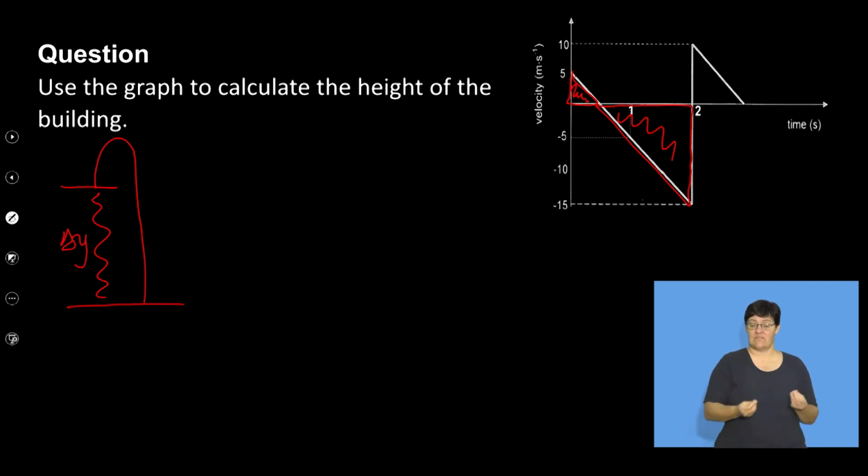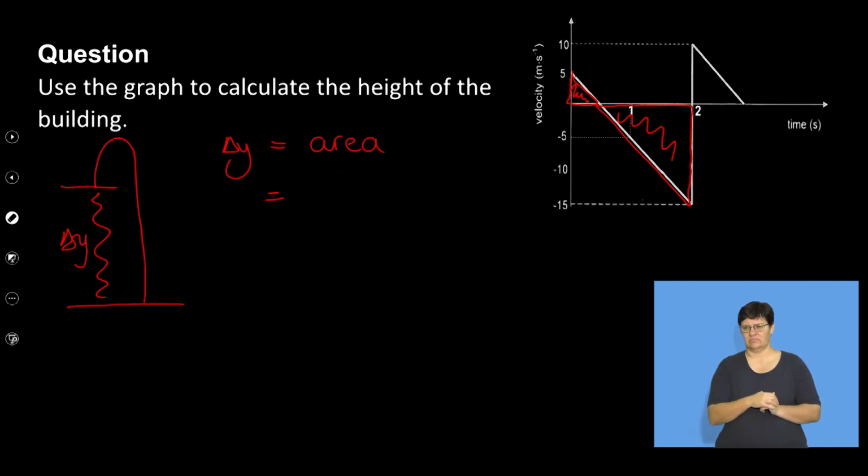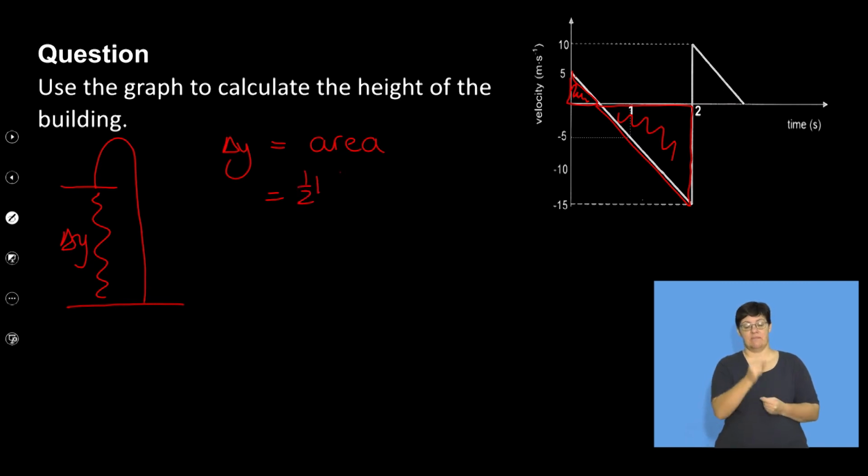So I want delta y, which is going to be the area under my graph. So I have one triangle, and let's just draw that properly for you so that you can read it. Here we go, so it's a half base times height because we've got a triangle plus a half base times height. I'm just indicating the 1 and the 2 because I've got two different triangles. The first one,